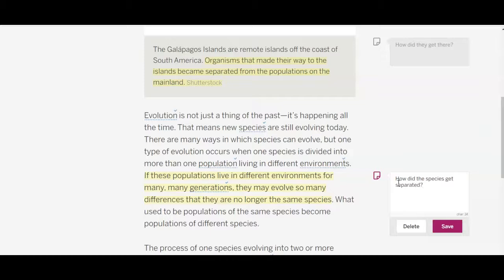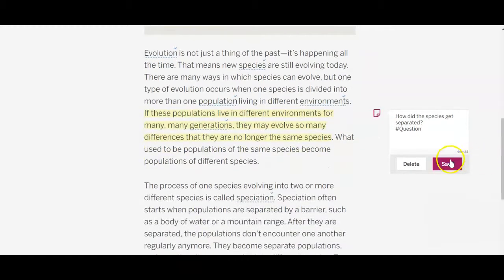Question mark. And I want to be able to find this later in case Mrs. GD asks me if I had any questions, I'm going to say yes. Yes, I did, and I can find it. Okay, so let me go ahead and save that. All right, well, let's just keep reading because